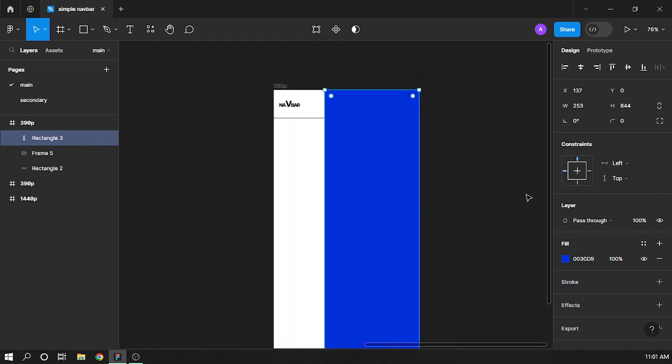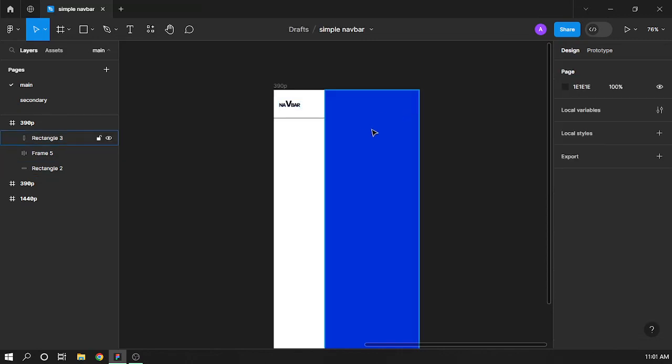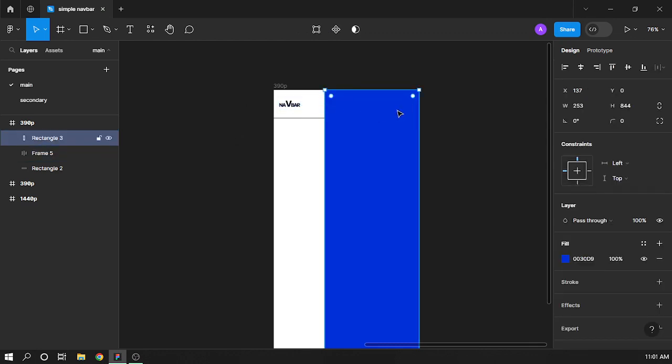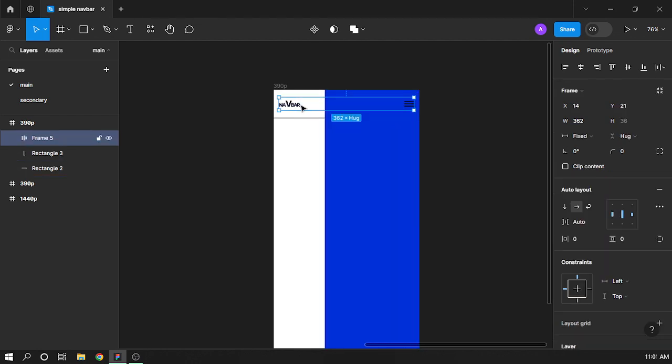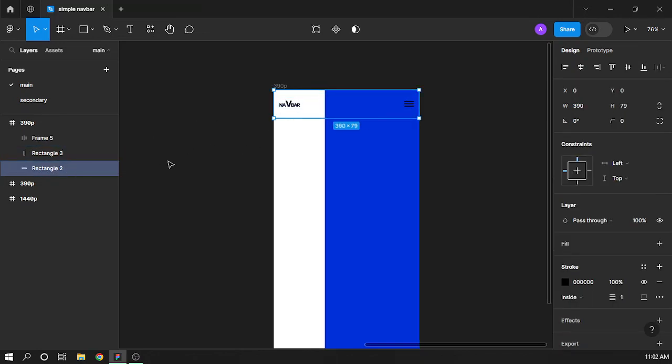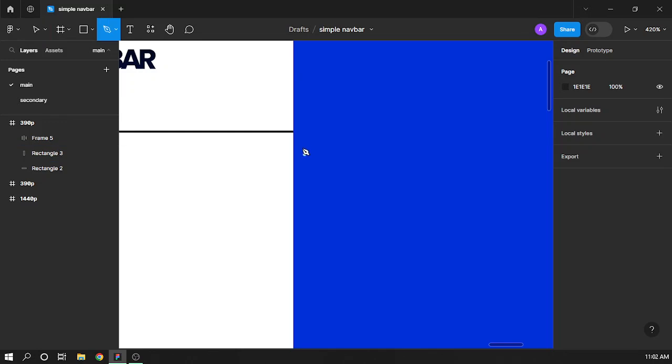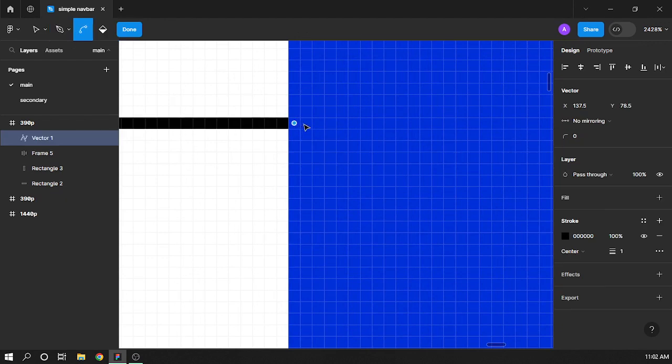So here we have this color, this navigation, so when we click on it this will appear, but we need a mechanism so that this navigation doesn't hide the menu here, so that the menu is accessible. So we can just take the menu and put it up one level. Okay, so we can also take this. You know what? We're going to work on that a bit more later. So what we can do is take this here. Let me zoom in. So we want to start from here